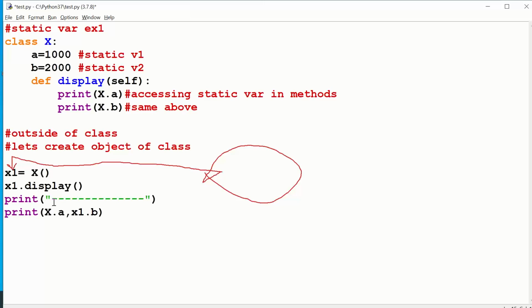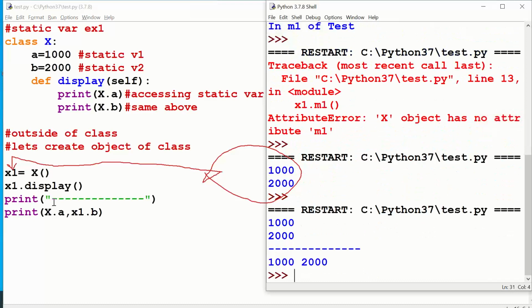So both variables I am calling in two ways, with the class name as well as a reference variable. Control s, f5. Can you see that in the output, both my x dot a and x1 dot b are getting displayed in the answer?